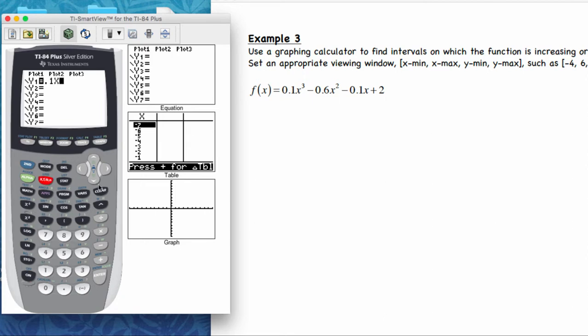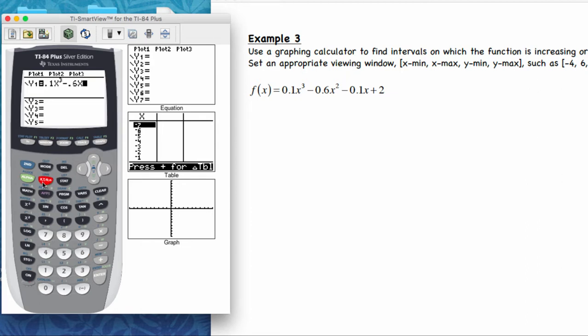0.1x, and then you can use your little caret or little arrow button to put in your cubed, or you can go ahead and go into math. It's located in math. It's number 3 on my calculator. Normally I just use the little caret here to do that, but I wanted to show you where the cubing actually was. And then I'm going to continue typing minus